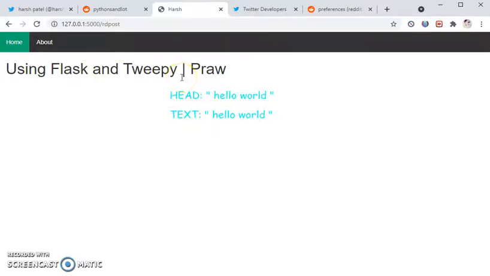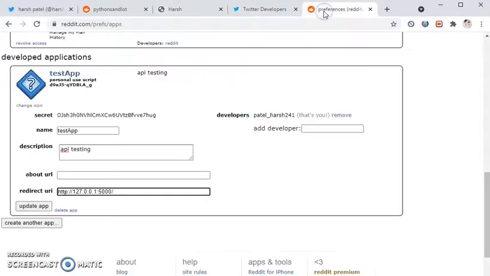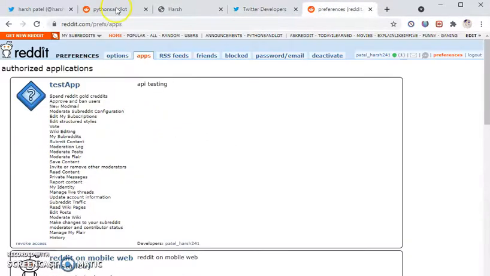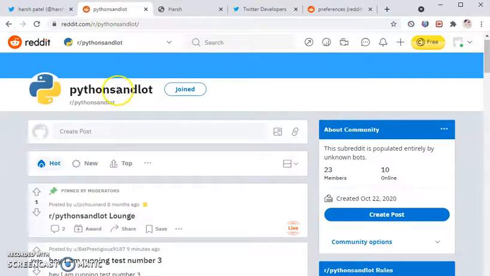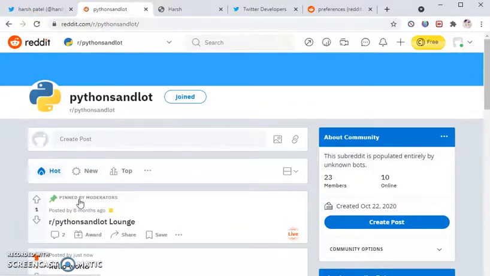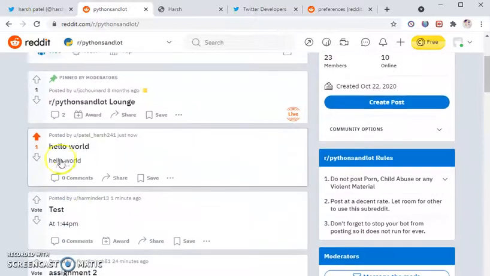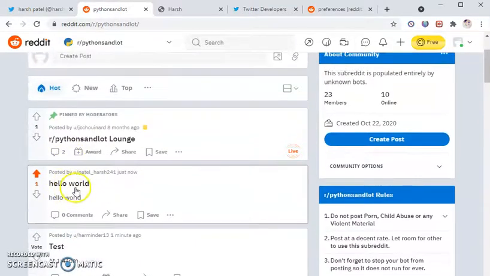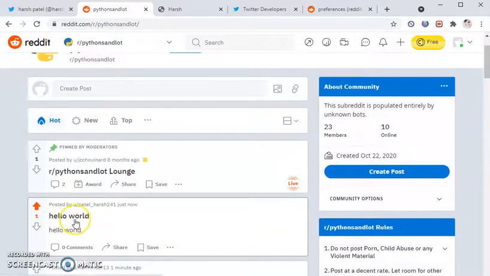This shows that it has been posted successfully, and we'll confirm that on the subreddit. We'll refresh, and there we go. We have a successful post, "hello world," on both sides.